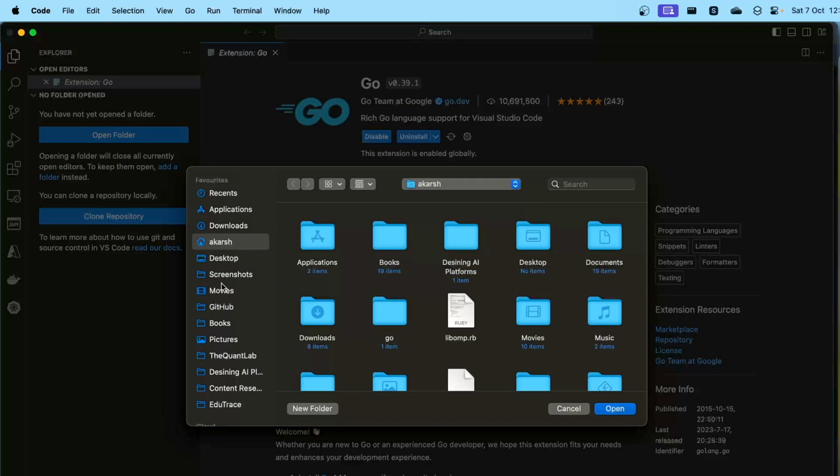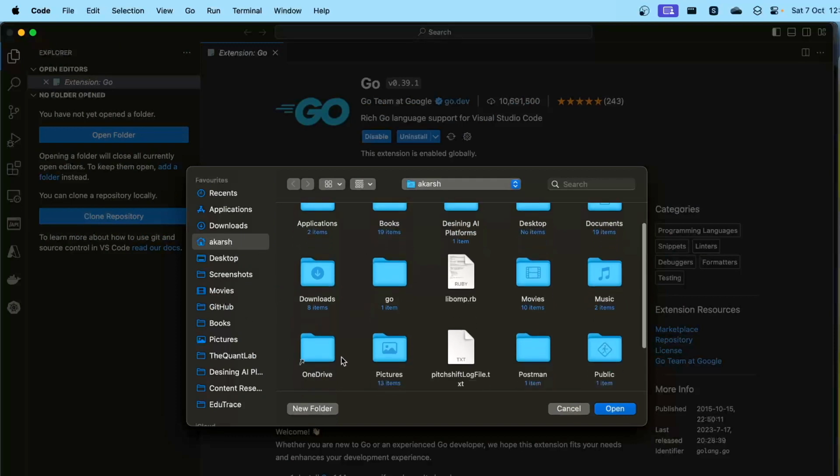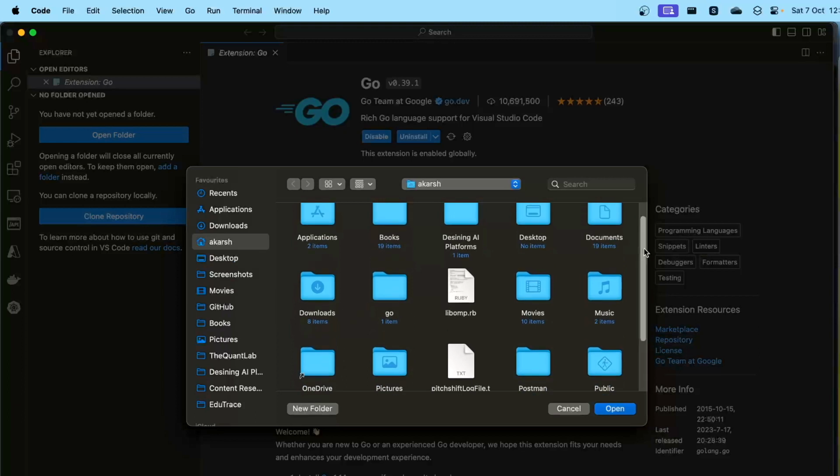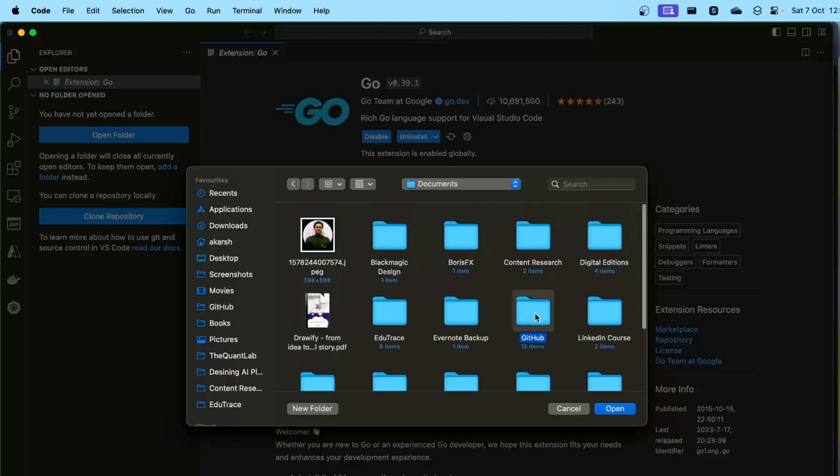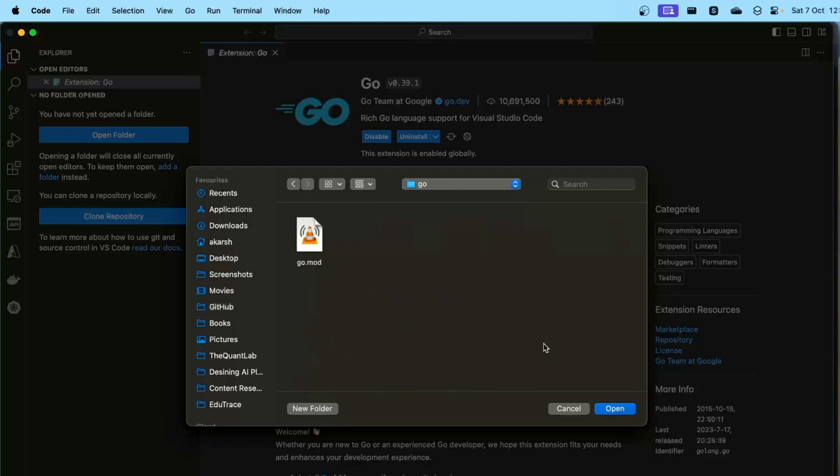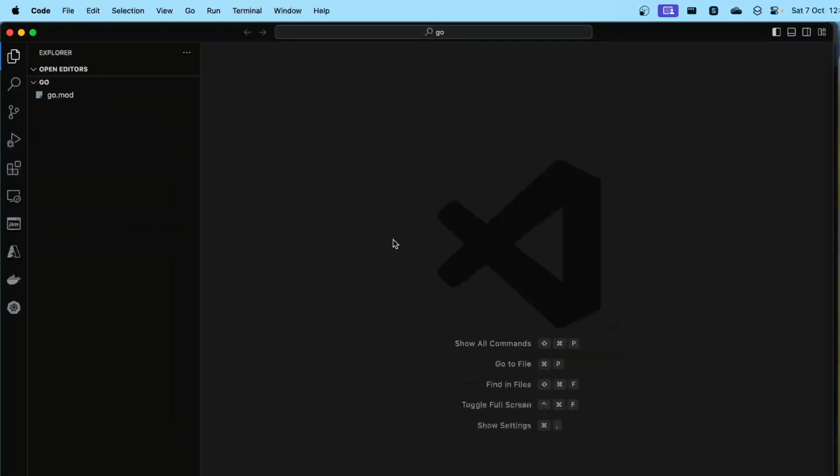And I will create a new file using my IDE. Apologies, it's kind of alright. So I have a go.mod created. Now I am also going to create